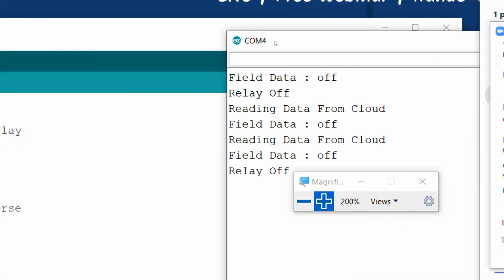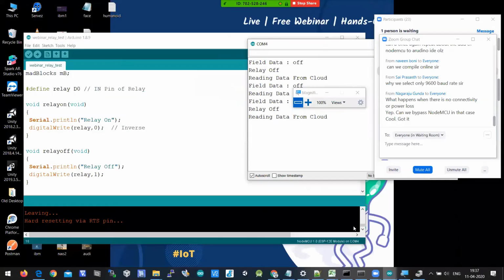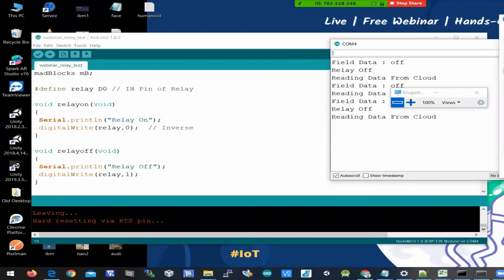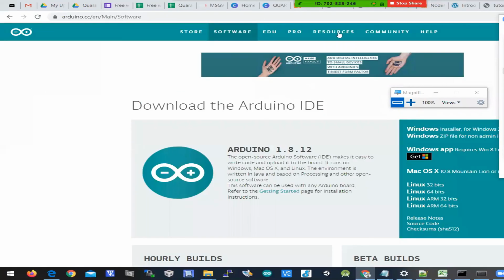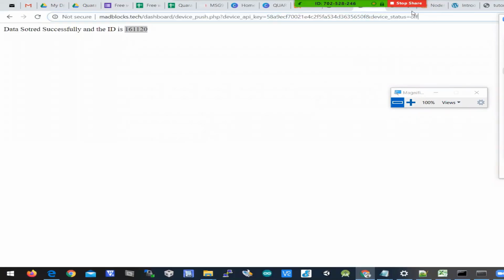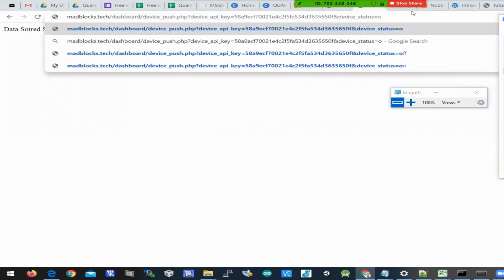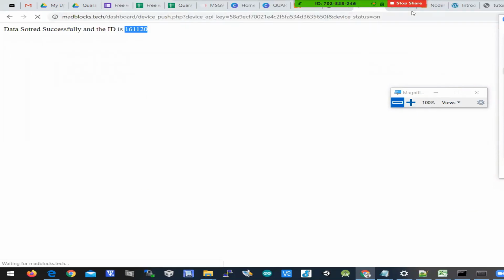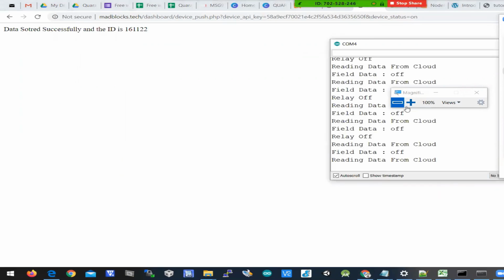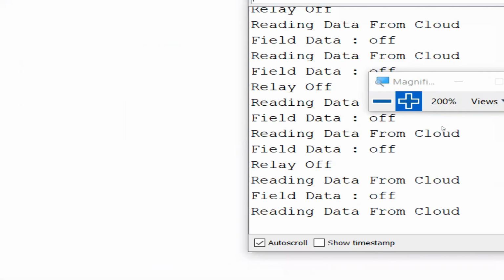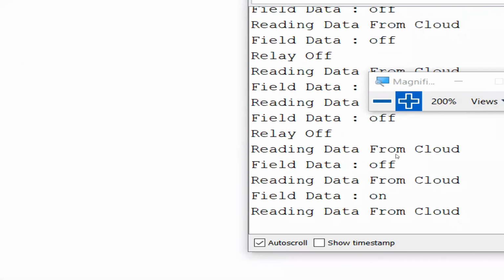So let's use the API. In the browser, there is our API, which is called this. Let's make it on. When you make it on, then at the serial monitor, it has to display on. Okay, so we got it on.